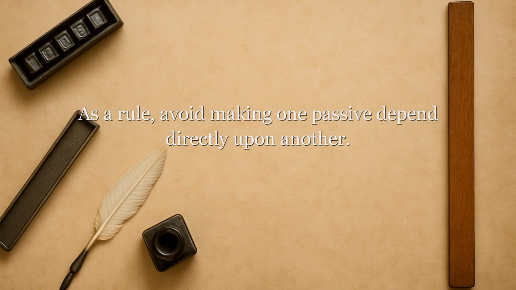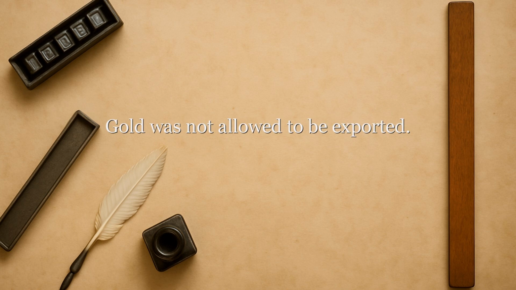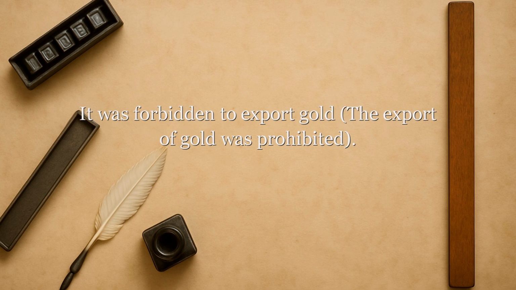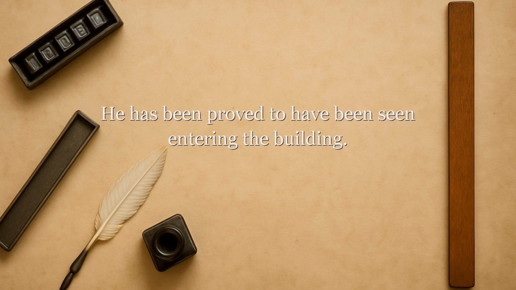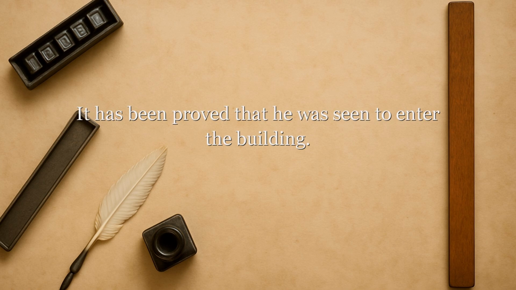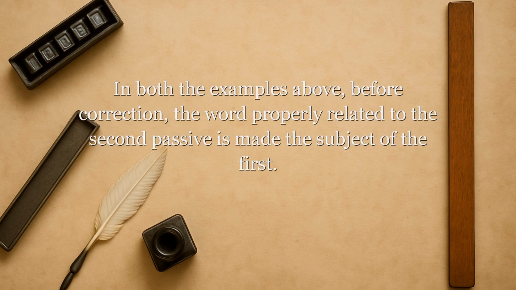As a rule, avoid making one passive depend directly upon another. "Gold was not allowed to be exported." "It was forbidden to export gold." "The export of gold was prohibited." "He has been proved to have been seen entering the building." "It has been proved that he was seen to enter the building." In both the examples above, before correction, the word properly related to the second passive is made the subject of